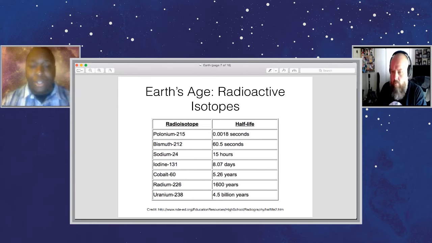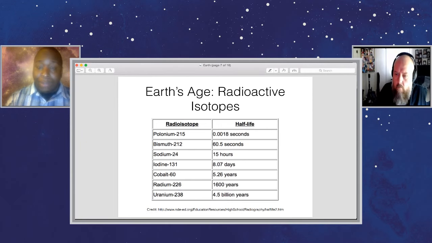And here what I'm showing is a bunch of different radioactive isotopes that have been determined, where their half-lives, or the amount of time it takes for half of that substance to reduce itself to half of its leftover substance, are shown, where we're seeing that if we want to determine the